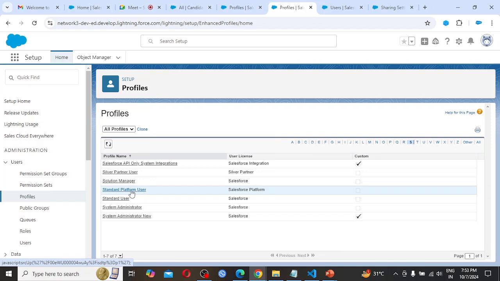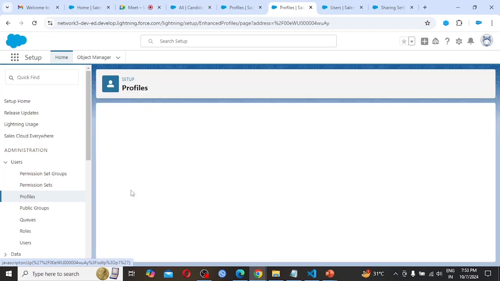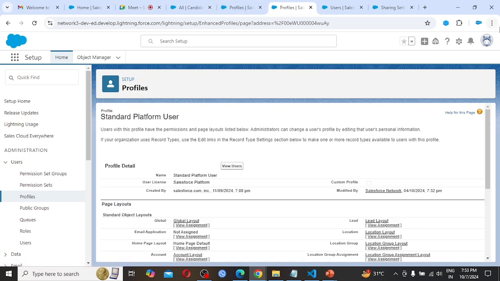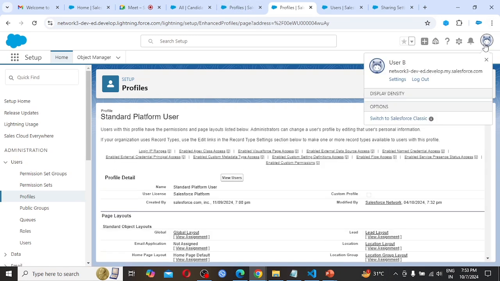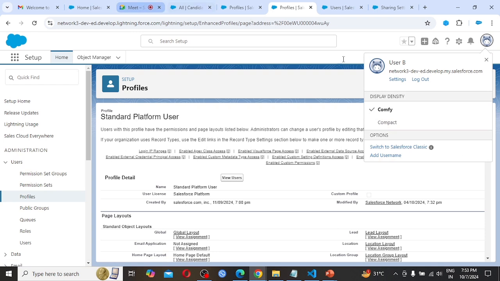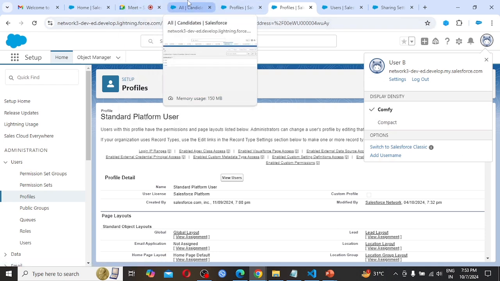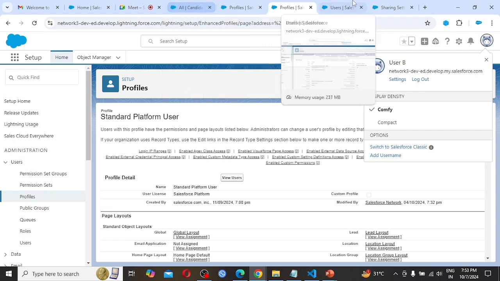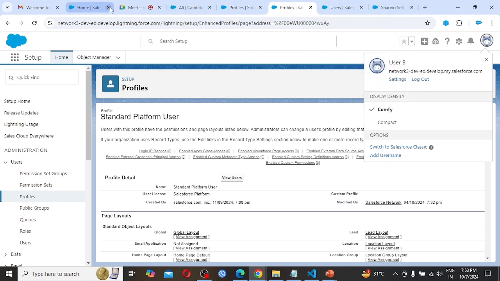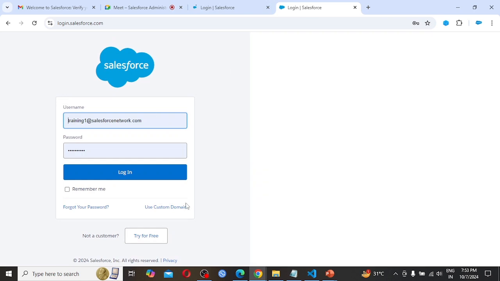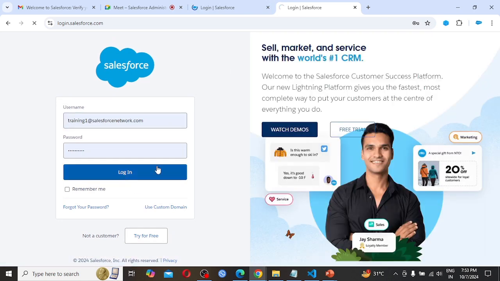So I am clicking on this particular profile. I think I had logged in with user B. Okay, I need to log out. Actually this user is user B. So what I need to do here, again I need to log in. So I am going to log in with my primary username and password.